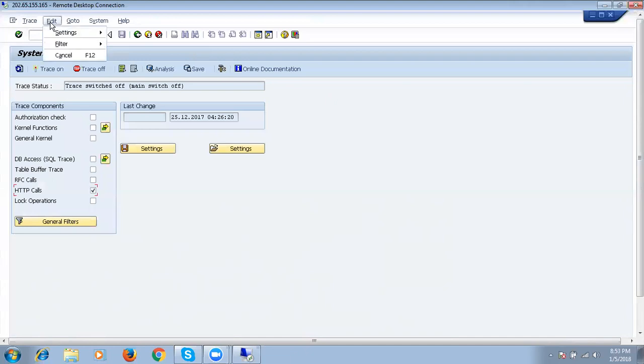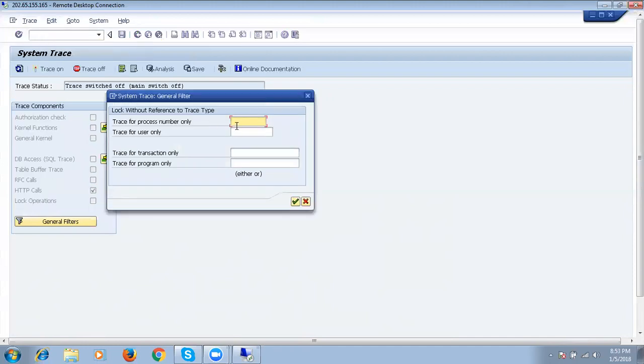First go to menu Edit, Filter, Shade. Here we can take the trace for process, work process, user ID, transaction code, or program. Here we have to take the trace for the user, so give our user ID, user_m.